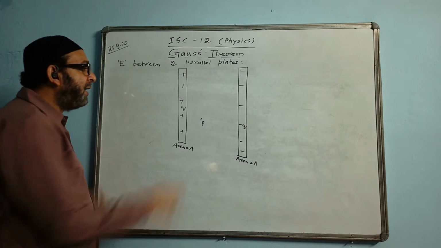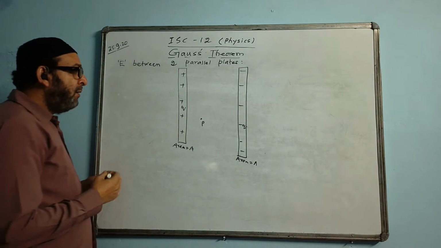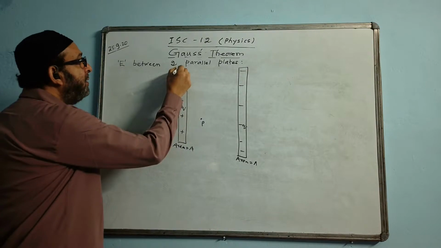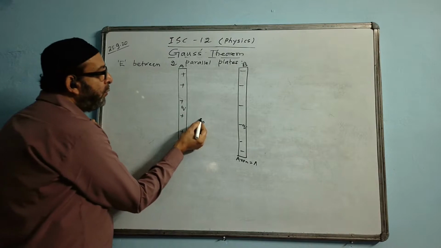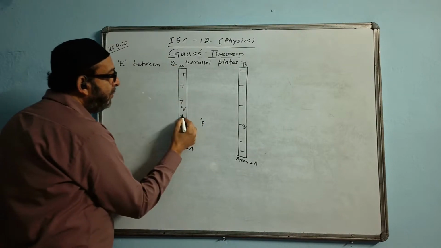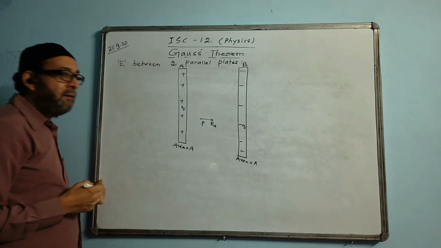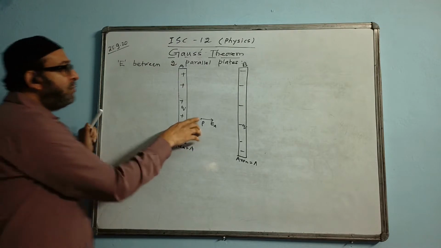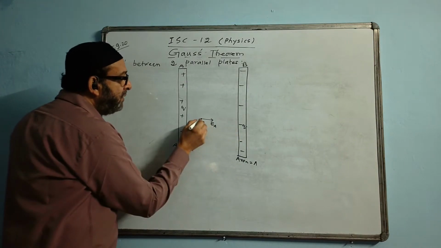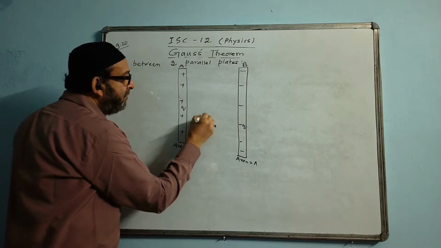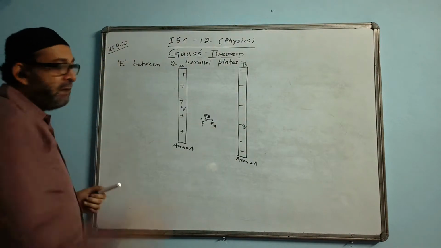Now we are finding the electric field at this point due to these two thin plates. First we'll mark direction. Suppose this is the plate A and this is the plate B. The electric field at the point P due to plate A: this is positive, and the point charge is positive, so repulsion takes place and EA acts like this. This is minus and this is plus, and the point charge is always plus, so attraction takes place. EB will act like this. EA and EB are acting in the same direction.